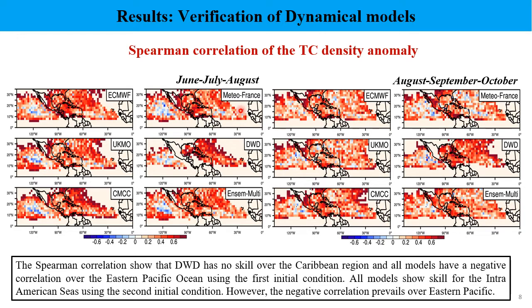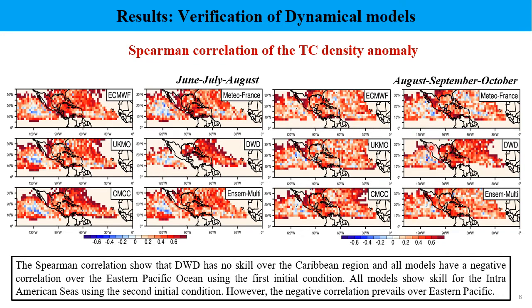You can see here for the first initial condition that most of the models in the region of the Atlantic Ocean have good correlation with the observations. For the Pacific Basin, you can see that there is a region of negative correlations that could mean that the models have problems to simulate the tropical cyclone density in this region, as we saw with the previous